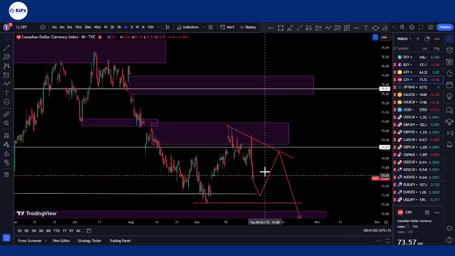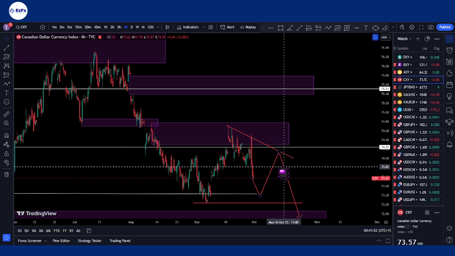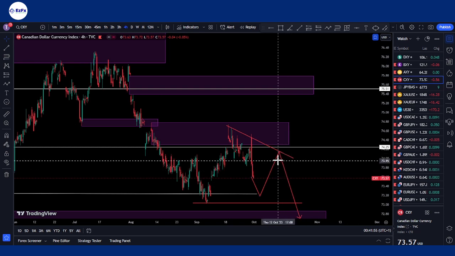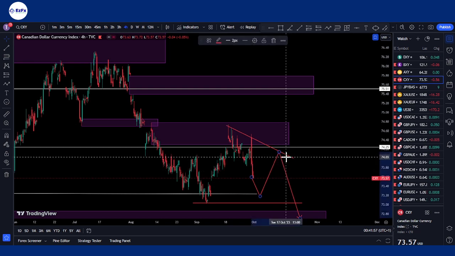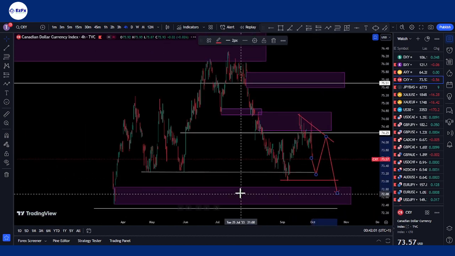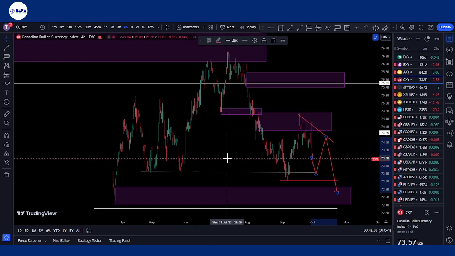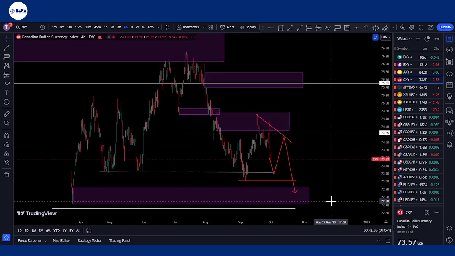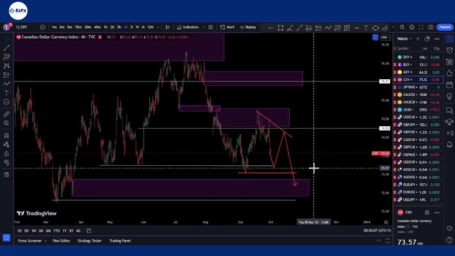My overall bias will still be bearish, but I might just want to see price sell off a bit, then buy. This would be a very idealistic approach, in the sense that we might get to see price come up again to give us that fourth touch of this trend line before we get to see price break and come into this zone that we have marked out here, before we might probably get some more sufficient buys.